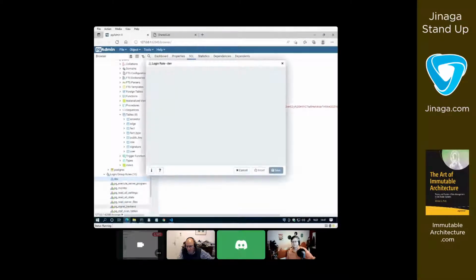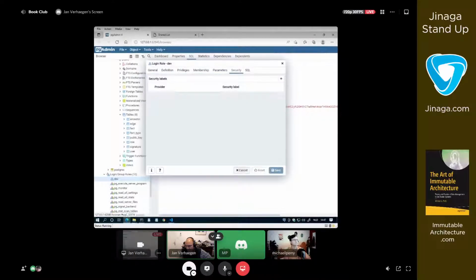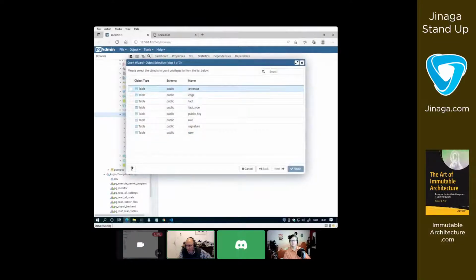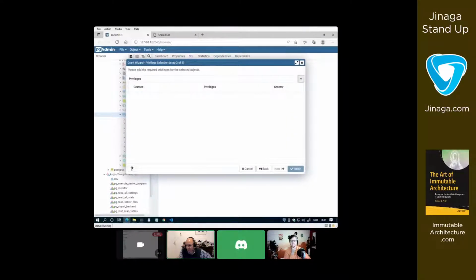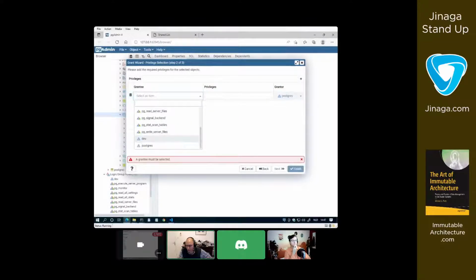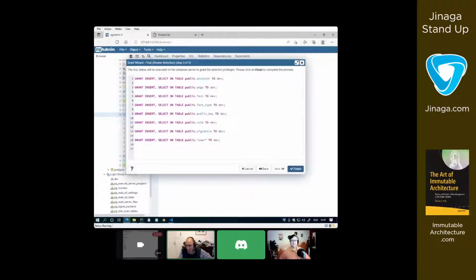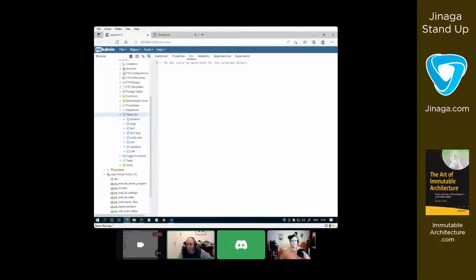Right, first, was there something here? No, I don't think so. So I went to these tables, Grant Wizard, then I selected all of them. I did next, a plus, I took here my dev user, I added insert and select. I did finish on next, so all this, I say okay. And then I thought it should be working now.